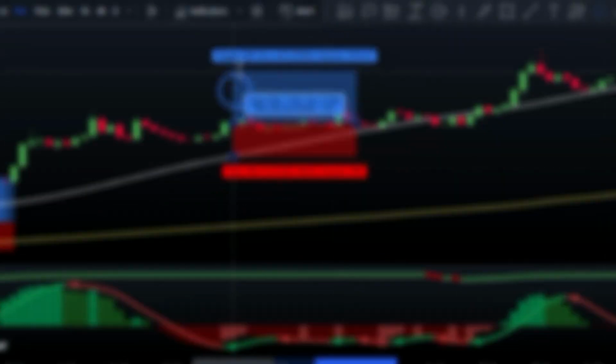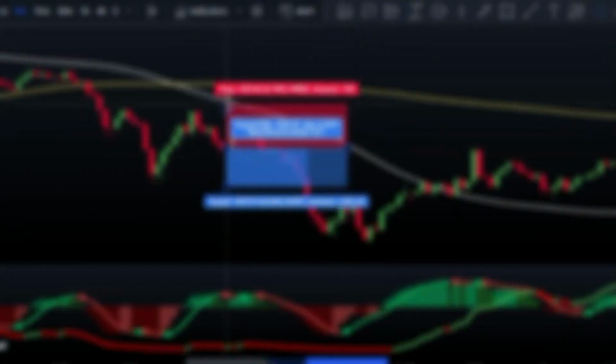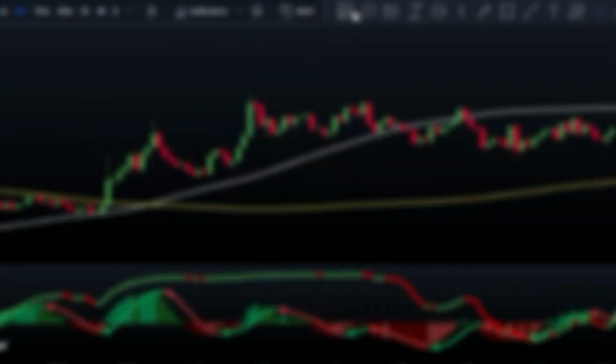And as a final note, for those traders who are feeling a bit overwhelmed about where to start, which indicator to use, which strategy to follow,